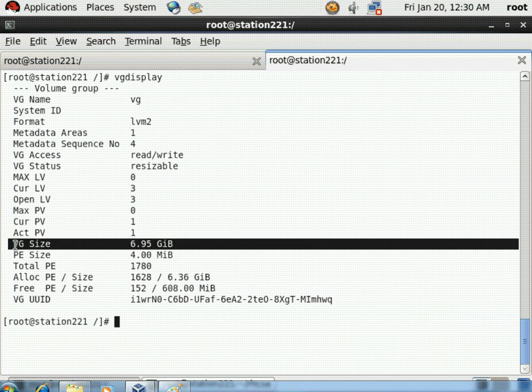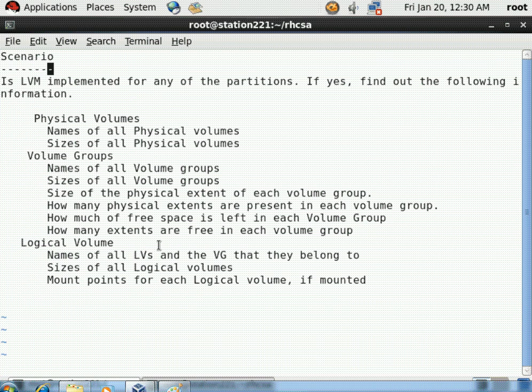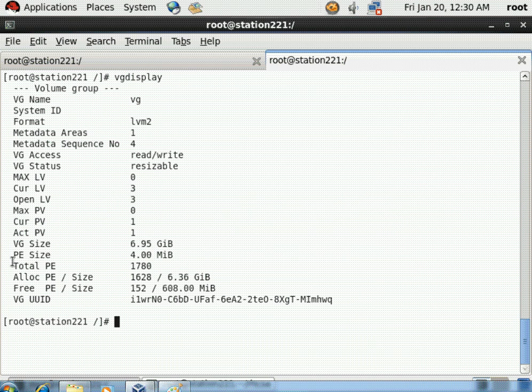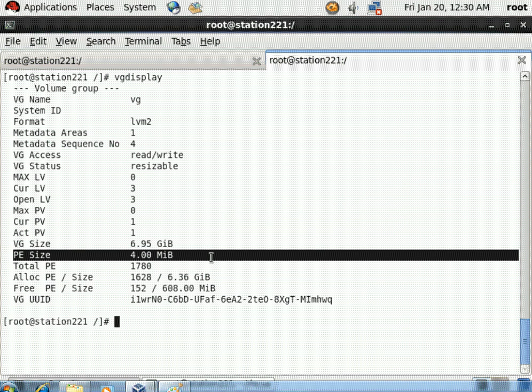You just have to see the record, that is VG size, which is 6.95 GB. Now next to it we have another task, which is the size of the physical extent of each volume group. How much is the size of the physical extent of the volume group? So here just come to the PE size. The PE size is 4 MB. So we have 4 MB of physical extent of this volume group, which has the name